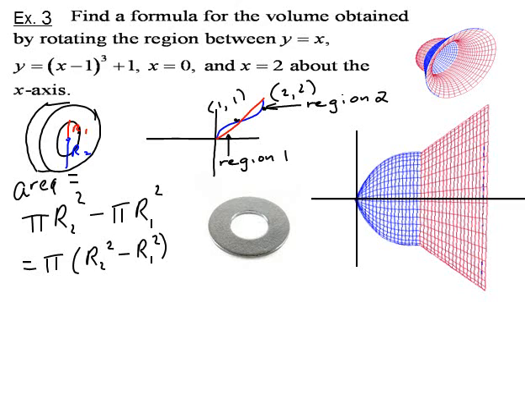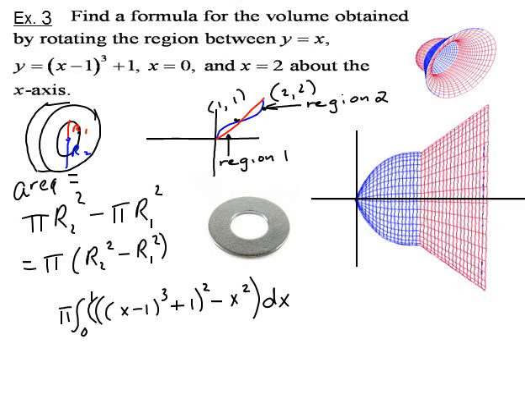Looking at the two-dimensional graph of the line and the curve together, you can see that the curve that forms the outer or inner radii changes depending on which side of the intersection point (1, 1) we look at. So we'll need two integrals to describe this volume. In the region on the left, the curve forms the outer radius, and the line forms the inner radius. Volume for that region will equal